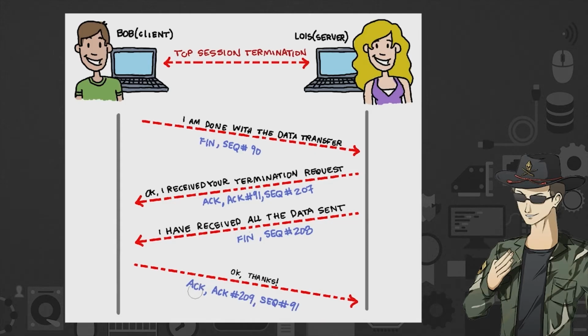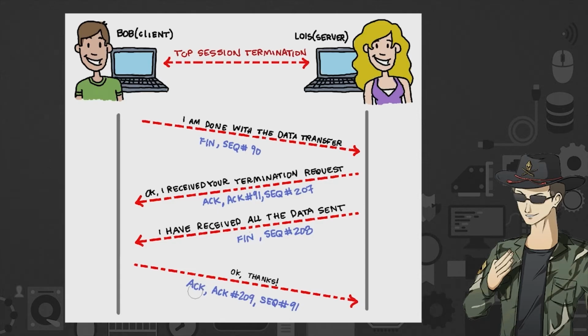want to do anything else, he's going to send a FIN with a sequence number over to the actual server that Lois is holding. And then the server is going to acknowledge all of this with an ACK, or acknowledgement. And that acknowledgement is also going to have its own number, just like the sequence number. And these numbers will play a big part in establishing which packets go with what types of streams and who